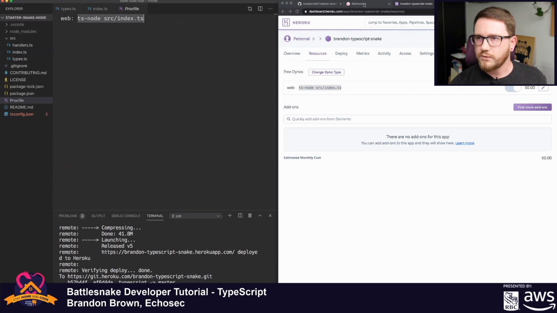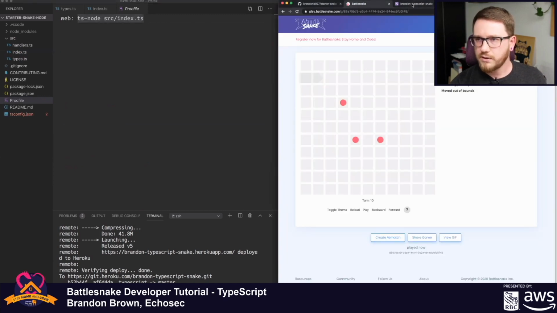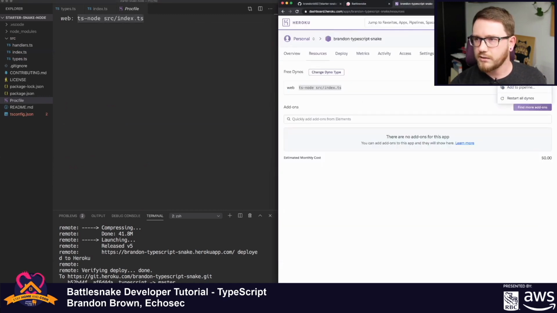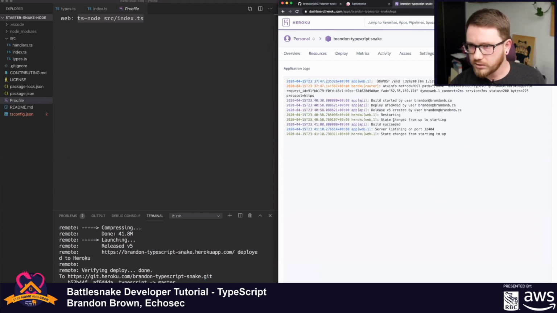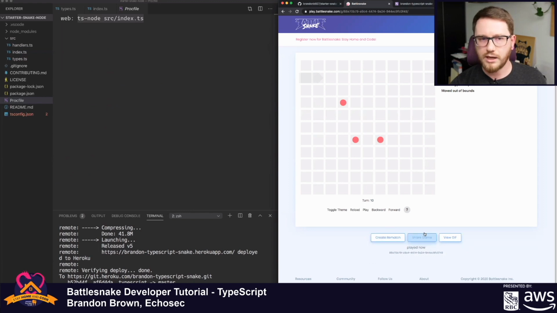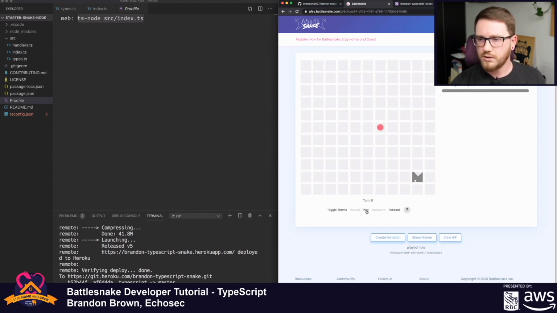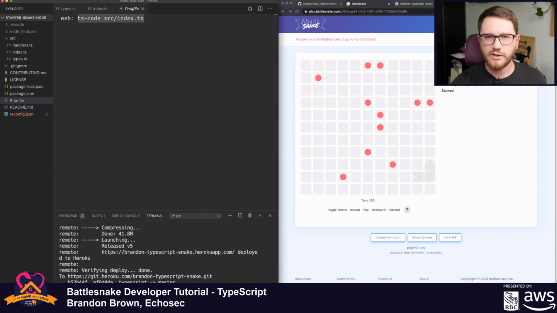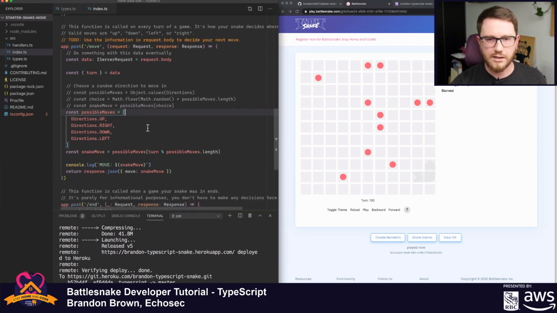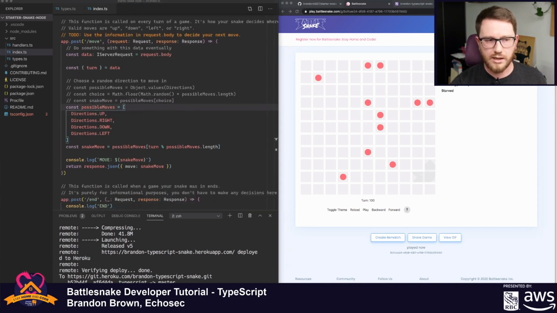Okay, so now that we have the snake running, let's go back and just take a quick look at the logs. It is running on the port, so that is good. So let's go and create a rematch. Play. So we can see the snake is spinning around in circles. Not super effective because we can starve. So one thing that we can do is